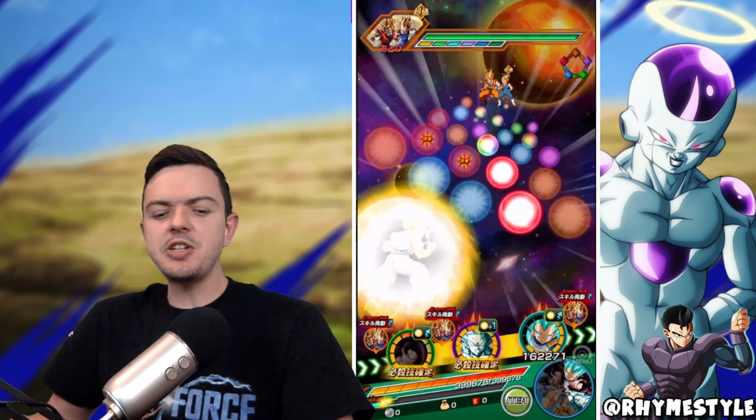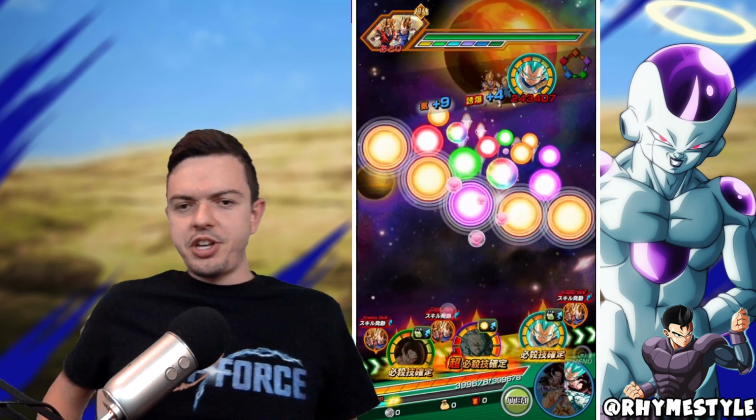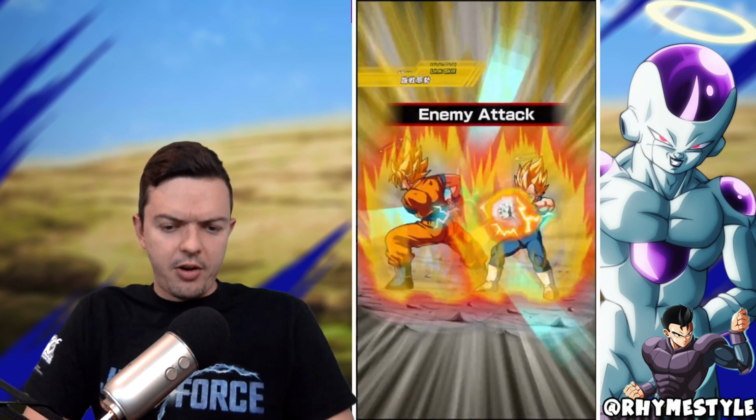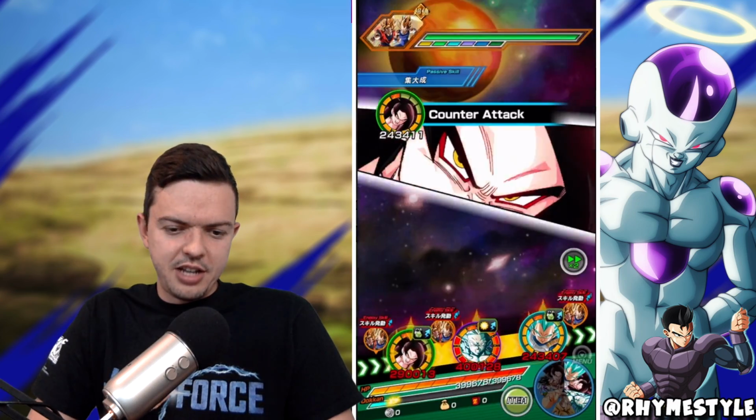For some reason, they should be added into the general pool, to be honest. They absolutely should just be added to the general pool, because they're not really that rare. Oh, that's gonna be a counter. I saw that flash. Maybe I should just not have taken this Dende, because this would have been...